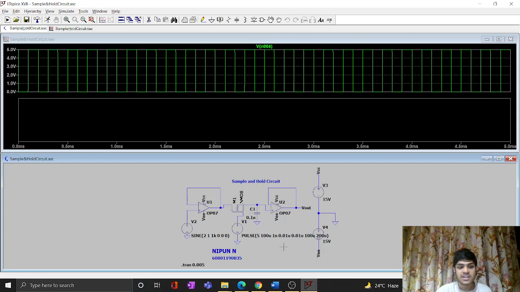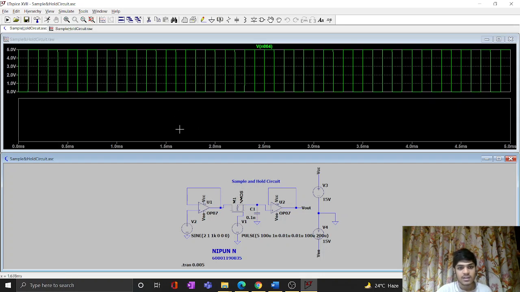The capacitor will then charge to its peak value. When the MOSFET switch is opened, the capacitor stops charging. Due to the high impedance of the op-amp connected at the end of the circuit, the capacitor will experience very high impedance due to this op-amp, and it cannot get discharged. So this leads to holding of the charge by the capacitor for a definite amount of time. This time can be referred to as the holding period, and the time in which it samples the input voltage is called the sampling period.